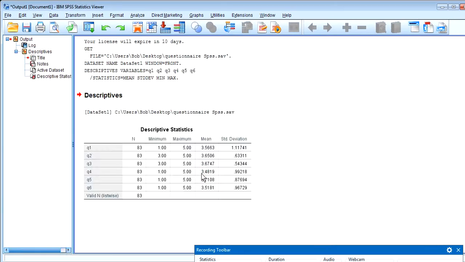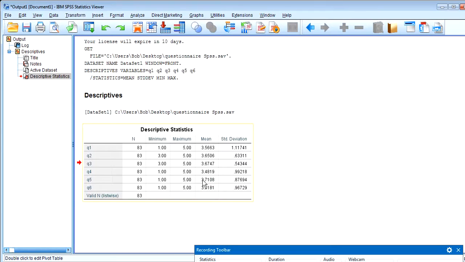For example, here we can see the most attractive question that was of interest to respondents will be this one. Why this one? Because it has the highest mean, and as you can see, all means are higher than the